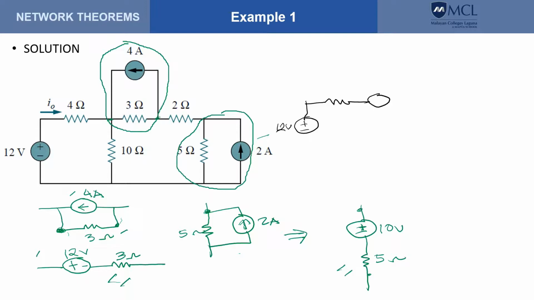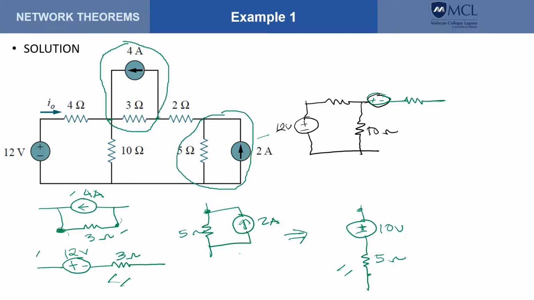So this would be, so here this is 10 ohms. Okay, so this is our voltage that is in series with the resistance,